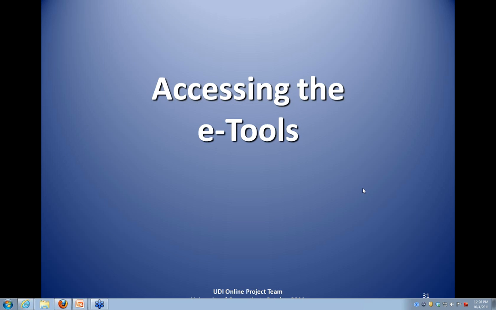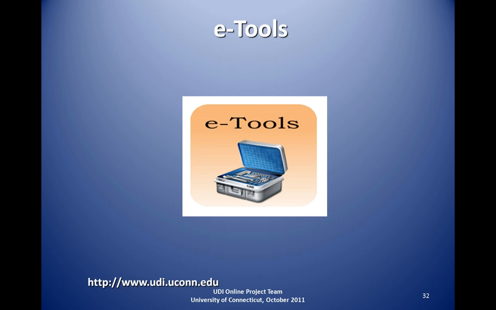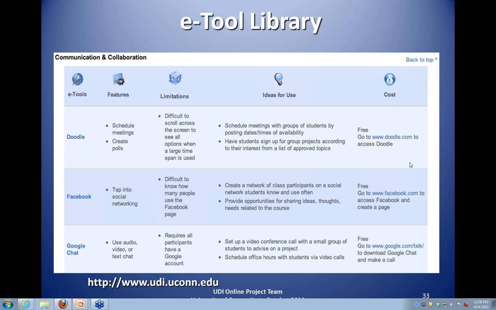Okay. So in terms of how to access the e-tools, if you scroll down a little bit, you'll see an icon that looks like this toolbox. And by clicking on that, you'll come to the e-tool library. We also did a little bit more grouping here. In particular, we did 11 areas or categories, and what you're seeing on your screen is the area of communication and collaboration. So suppose you were interested in figuring out ways to enhance the communication between you and your students,